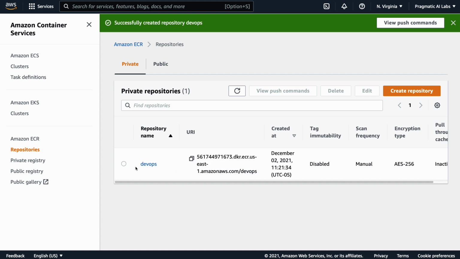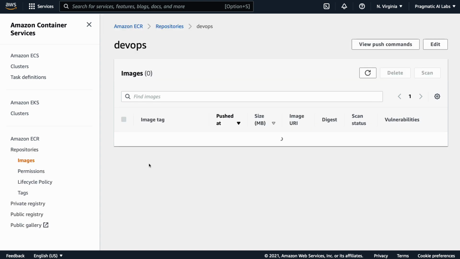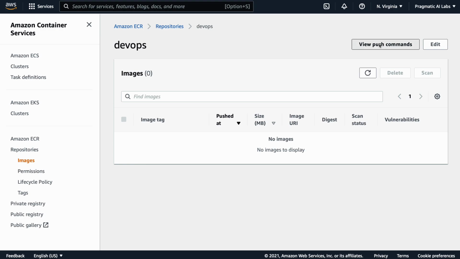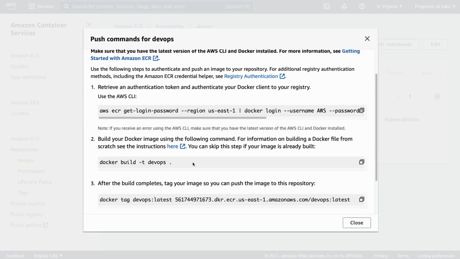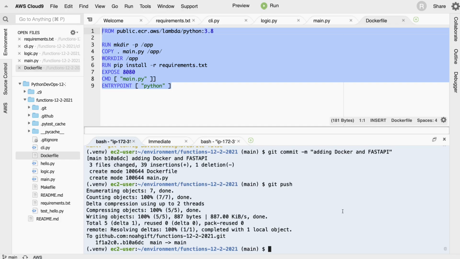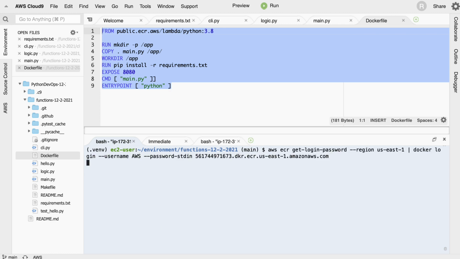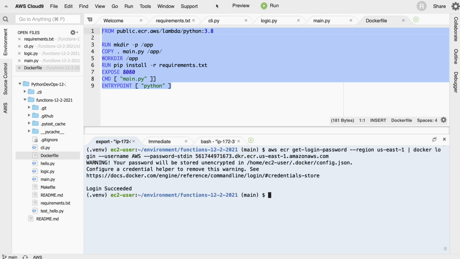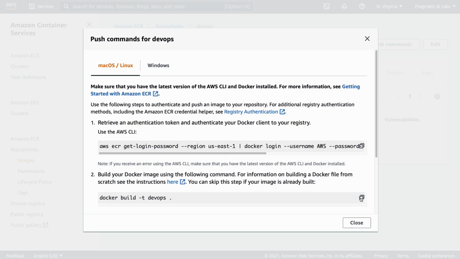Now, how do I push it into there? It's really straightforward. You just click on this button and say view push commands. And so we just literally run through these 4 commands. So step 1, let's copy this and go through here and paste this in, get login. There we go. That's good. Step 2, go through here,